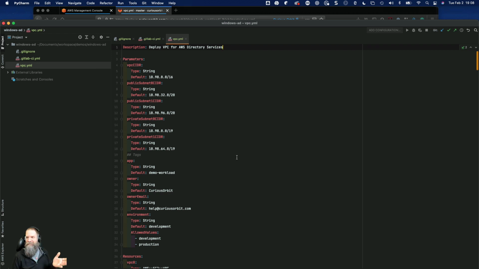So yeah, we basically have the template, and this is one of the things that I like about infrastructure as code, and in particular CloudFormation, is that once we have these templates,